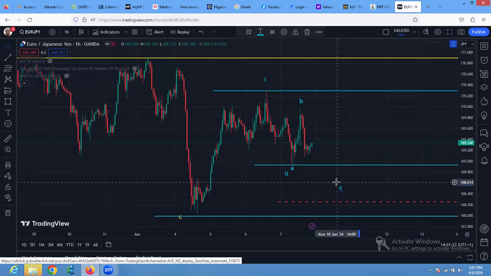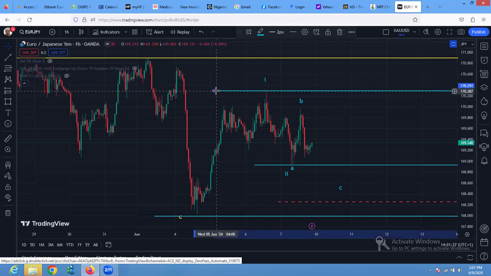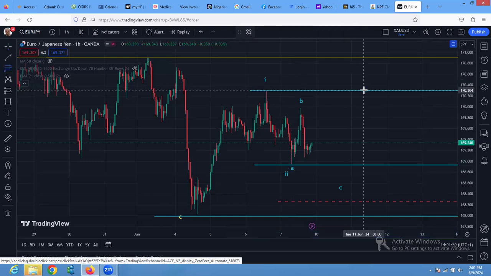So if anybody is trying to do Euro JPY, these are the potential areas you'll be looking for price. This B will be over as a new wave until it takes more than 161.8 to the upside. That means it becomes a new wave and it stops being a B, which means that the correction here, A, B, C stall here, and that's the end of it. So at the point when you do an extension here,